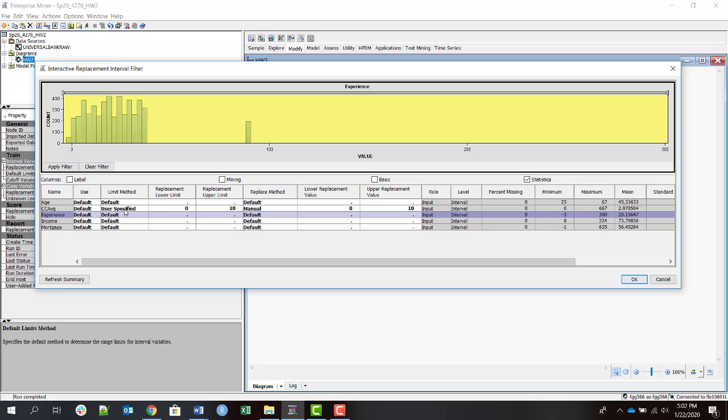Then the limit method should be changed to user specified. Remember, default is none. We set up default to be none. So if you just leave this as default, nothing will happen. So you have to change that to user specified. And experience,